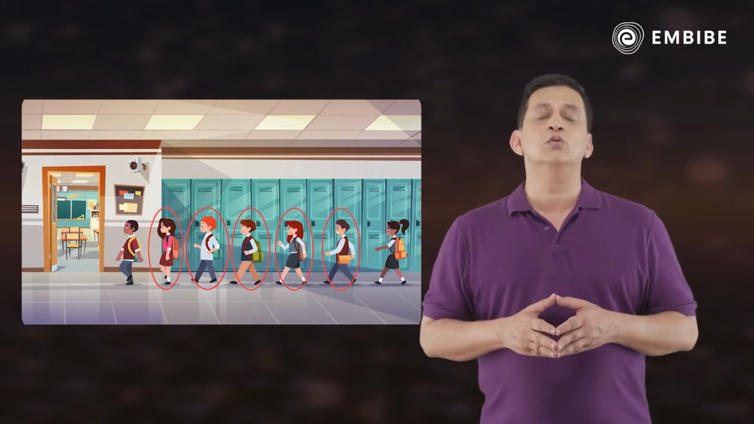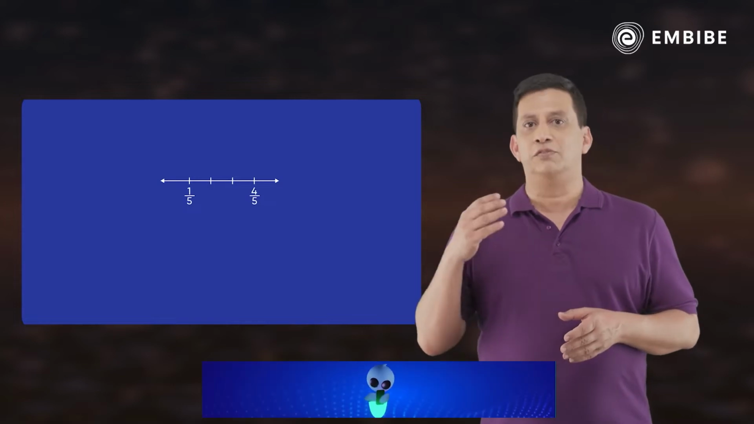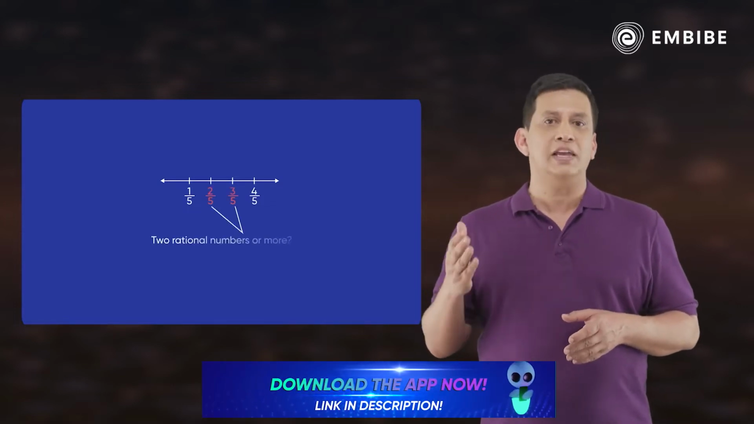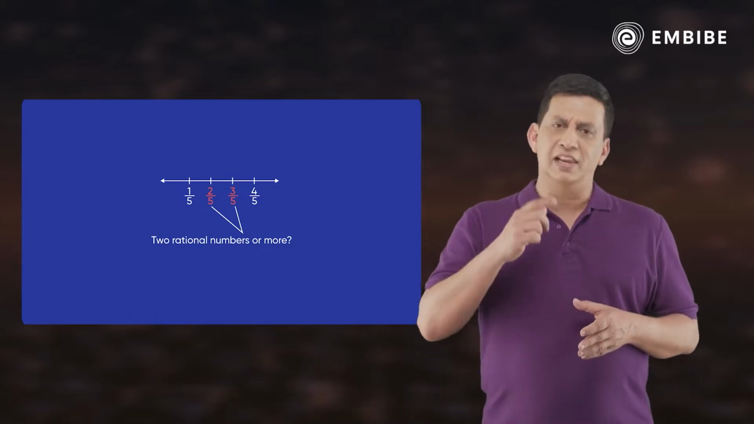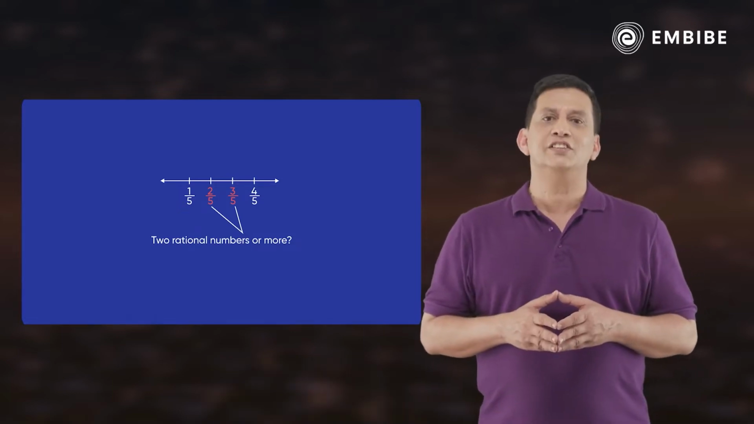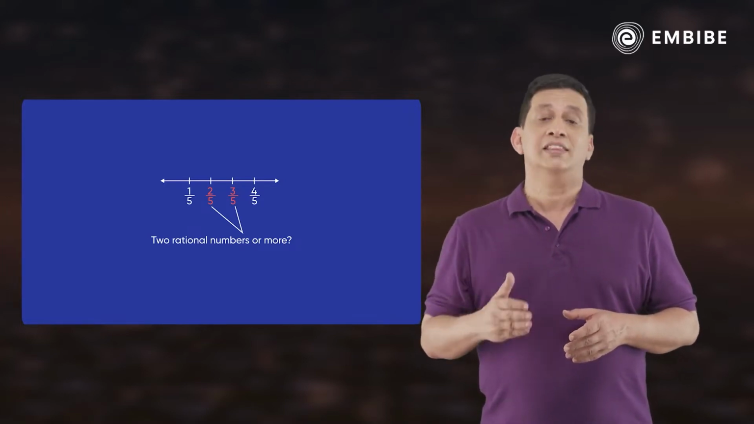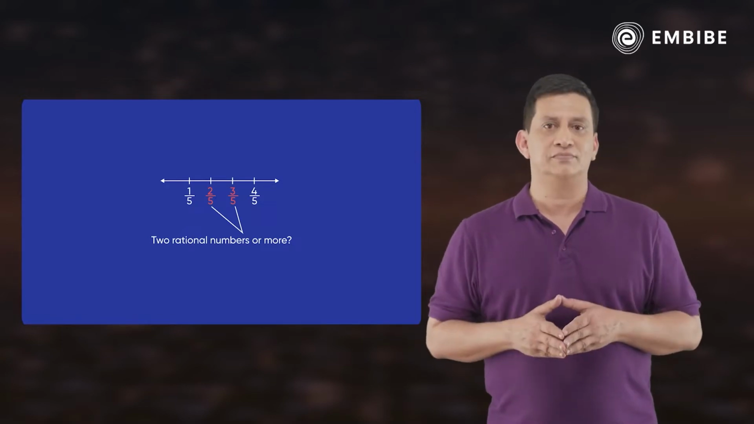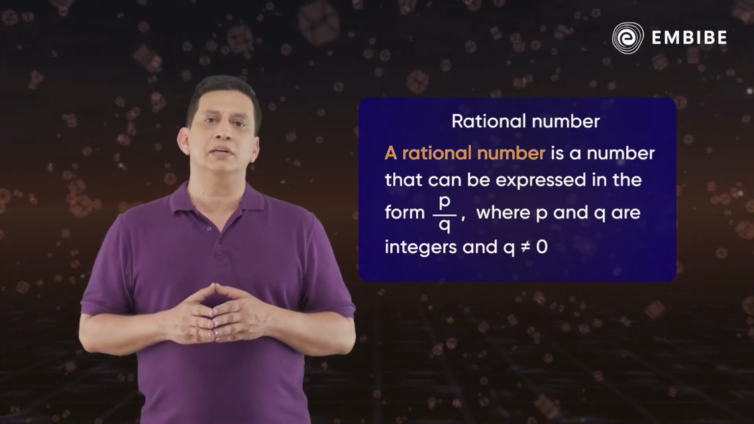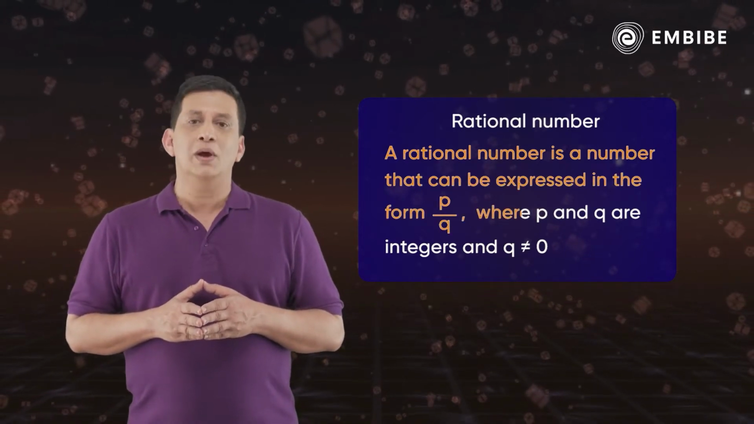Let's see if you can solve this puzzle. Tell me how many rational numbers are there between 1 upon 5 and 4 upon 5. Are there 2 rational numbers or more? Let's watch this video to find the answer by learning methods to find rational numbers that lie between 2 rational numbers. A rational number is a number that can be expressed in the form p by q, where p and